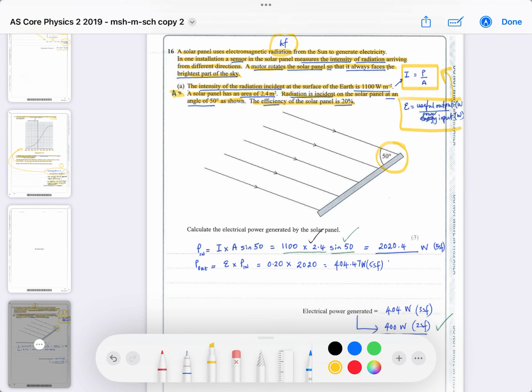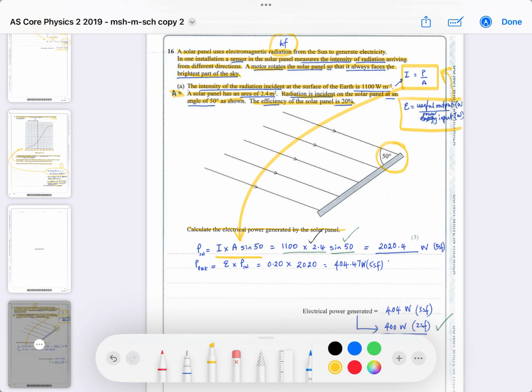All right, so calculate, it says, the electrical power generated by the solar panel. Okay, so that's our useful output. But the power input is going to be from this equation. The power input is from that equation, and is equal to the intensity times the area, but you've got to